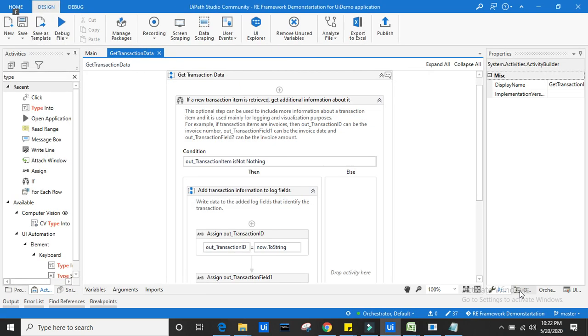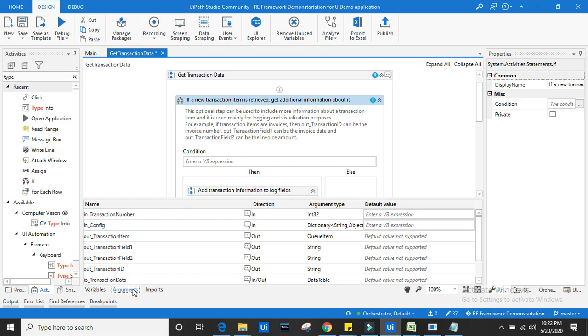So what condition do we need to write? If you are using Excel, in this case I am going to write a condition. Let's see what arguments we have in this section. We have in_TransactionNumber and IO_TransactionData. Transaction number is of argument type integer, and transaction data is of argument type data table, which is the data table we created after reading the Excel file.